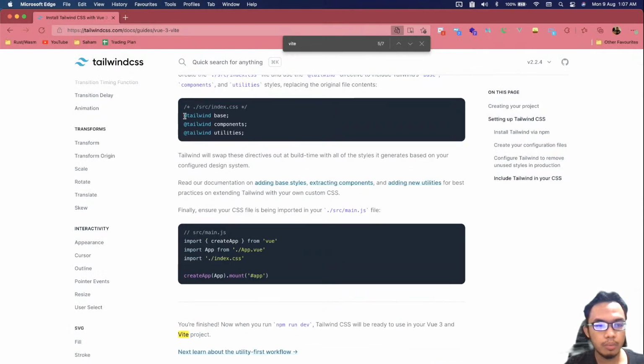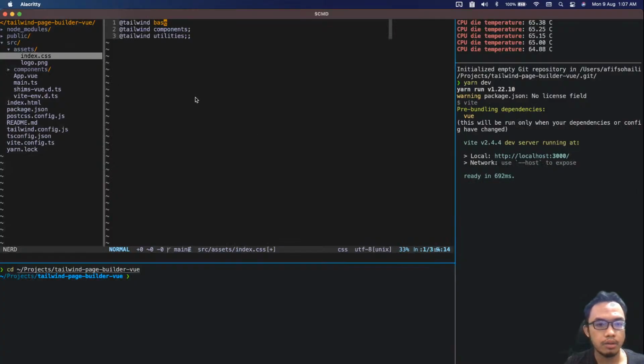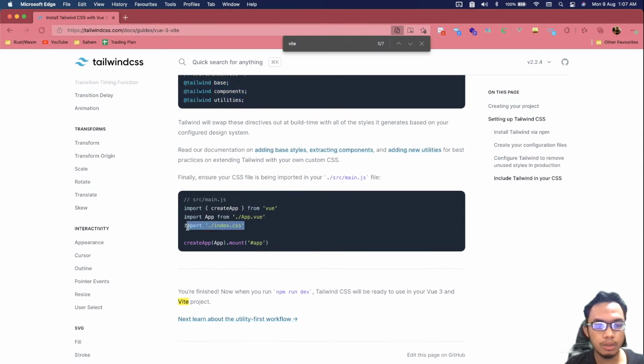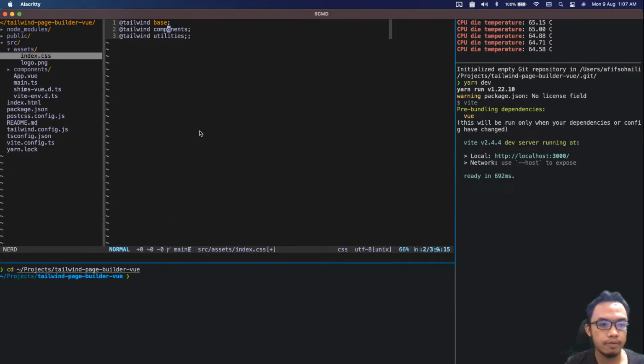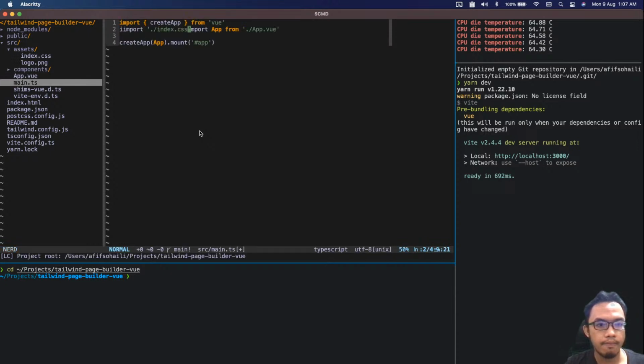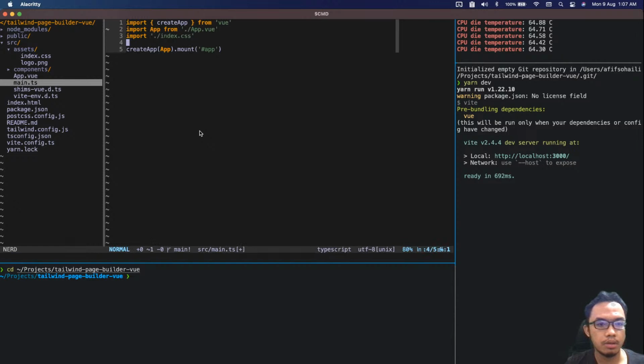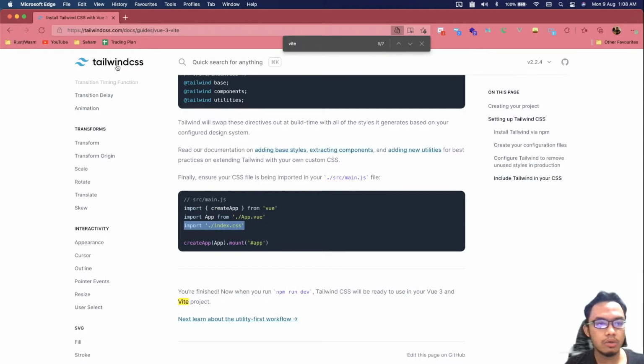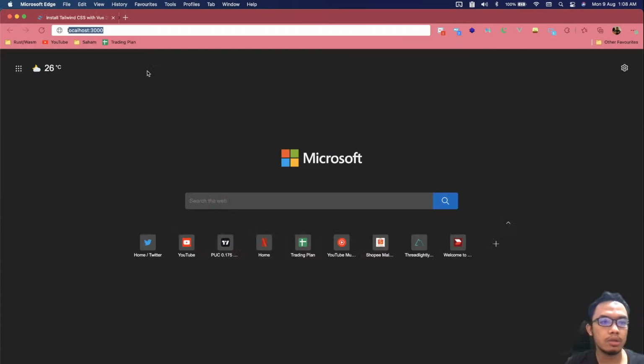Okay, so we have to copy these 3 lines, paste it here. Right, is that correct? Okay. And then we're gonna have to import this file from main, I think. Oops. Okay, so I'm using assets index. Okay, so if we go back to localhost 3000,